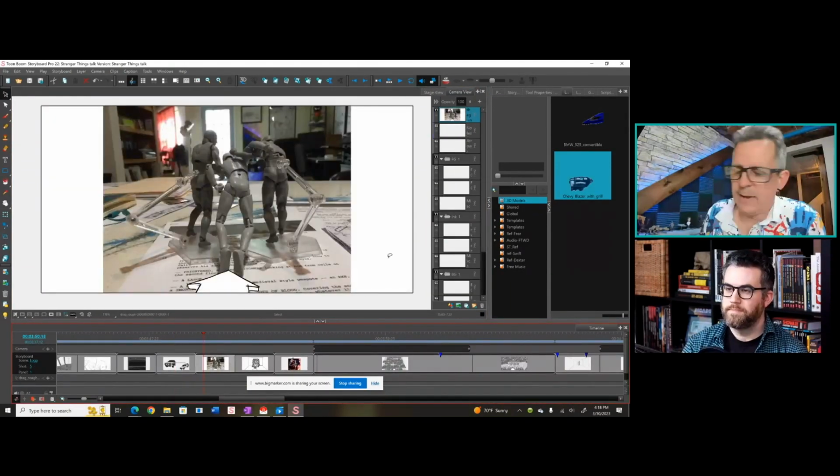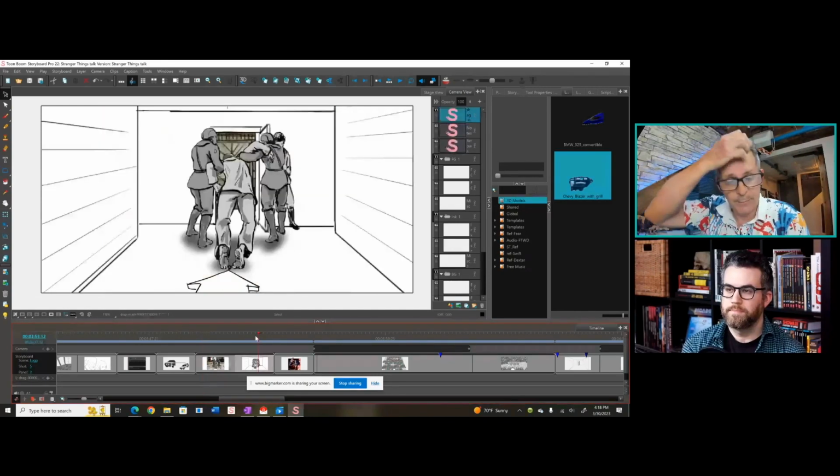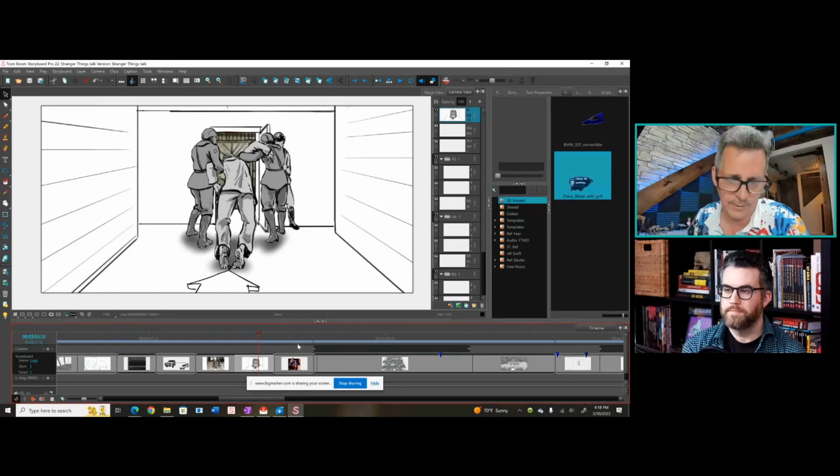And then I'll take reference photos, like in this one sequence when Hopper is being dragged through the prison to his cell when we first find him. How does his body react? Well, I've got a lot of these little figurines. I mean, I keep them right next to me. I use them all the time. So I line them up and I use that to draw from. So I'm able to get really close to what the final look is going to be.